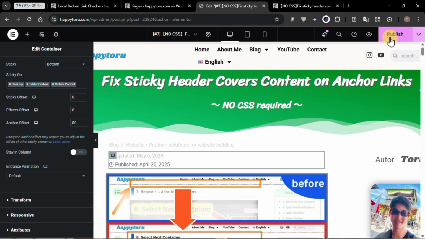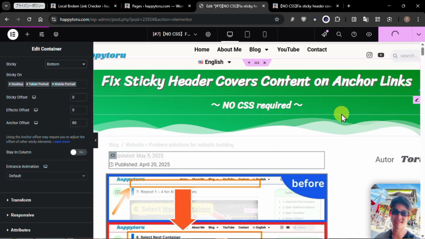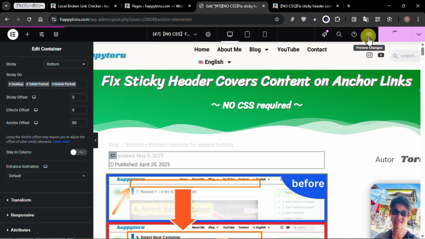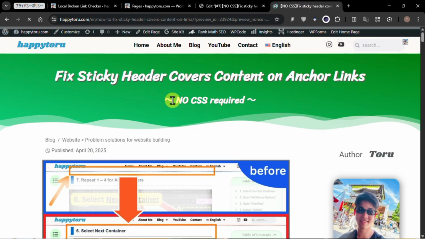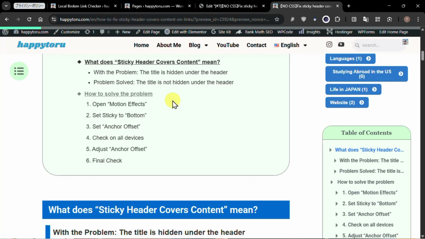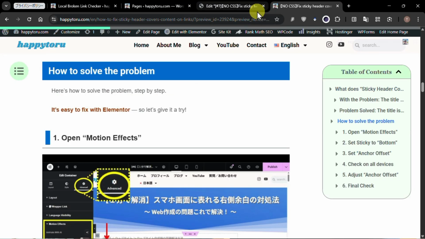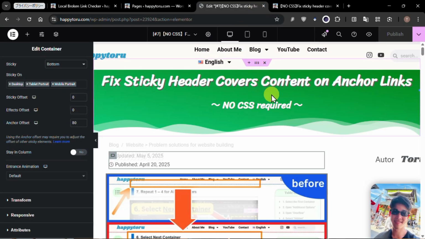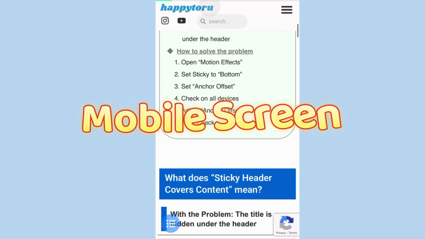And then let's publish. And once again, let's check from the preview screen for laptop. Once I click here, it's pretty good. And let's check on the mobile screen as well. You need to reload again.